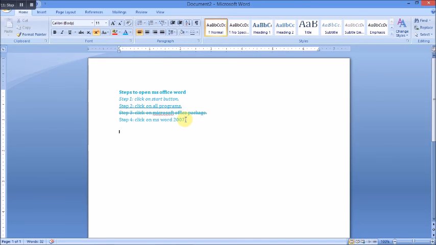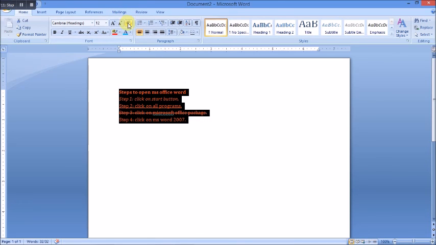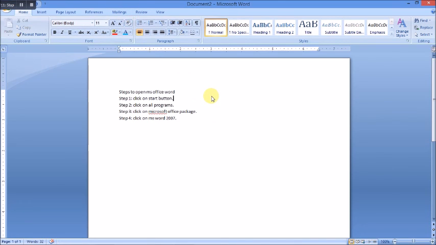Now, Clear Formatting means the changes which we have done earlier, such as bold, italics, underline and strikethrough, will all be cleared and the text will come back to normal. First we need to select the text and click Clear Formatting. Now see, everything came back to normal. The changes we made using all these options can be cleared using this option.